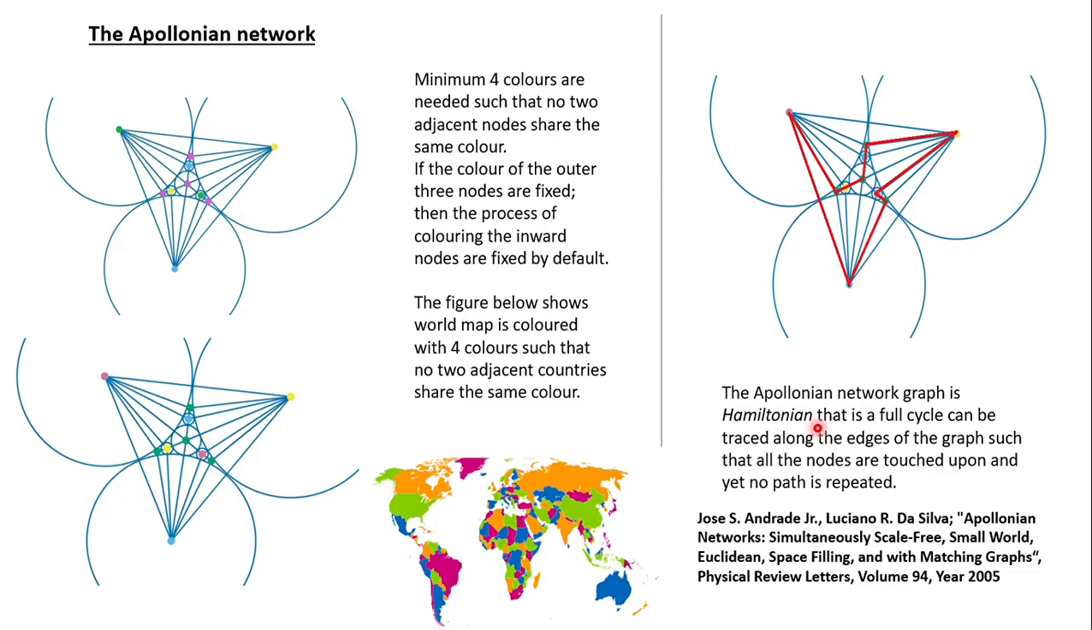The Apollonian network is Hamiltonian. It is named after William Rowan Hamilton, a genius Irish mathematician who contributed to everything from abstract algebra to mechanics. Rumors say that he was drunk. Anyway, essentially this is a graph that touches all the nodes